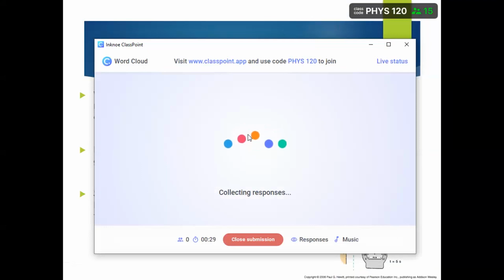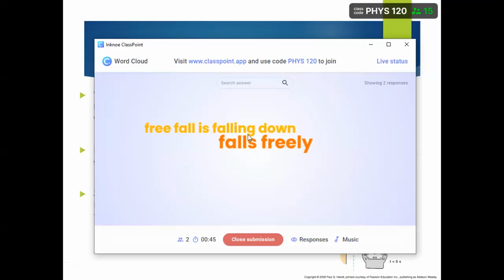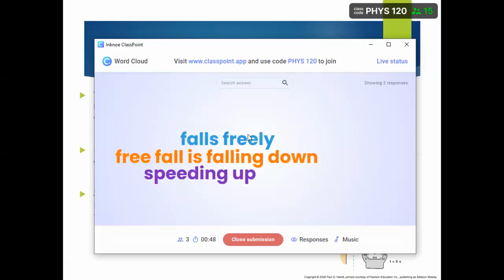Write down any information that you can discuss and just work together. You can put your comment about the acceleration, about the motion, what kind of motion we have, speeding up